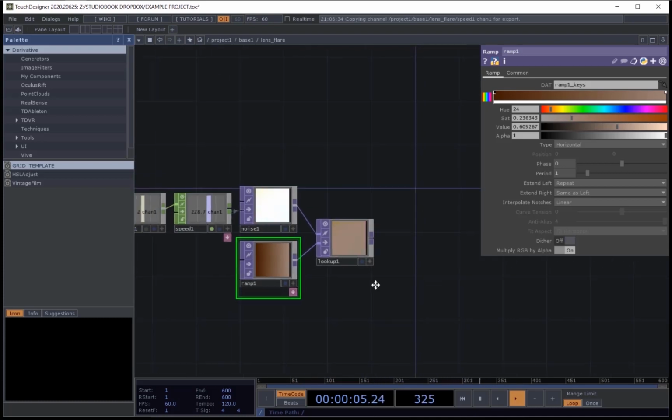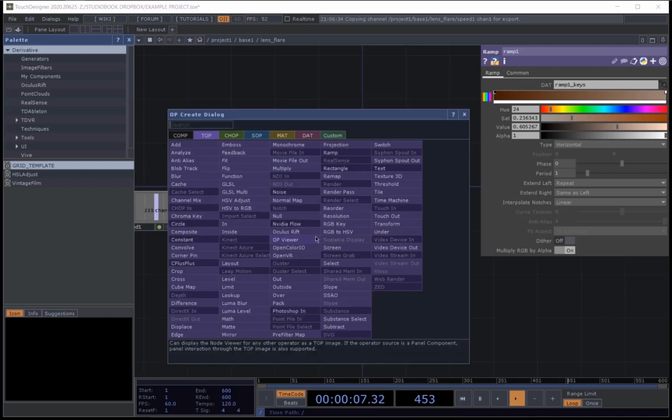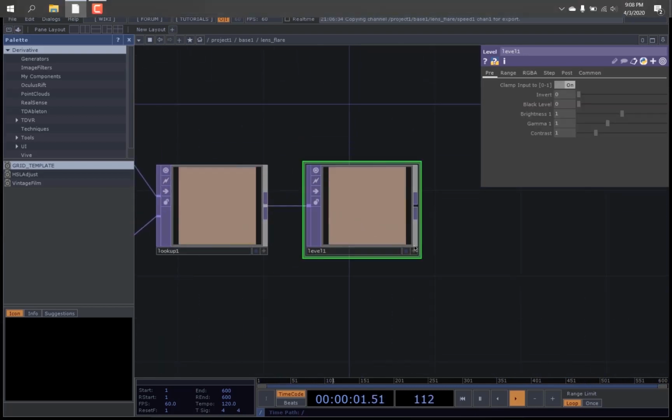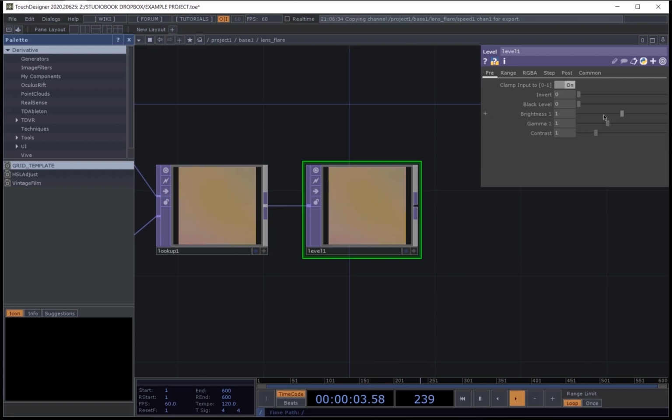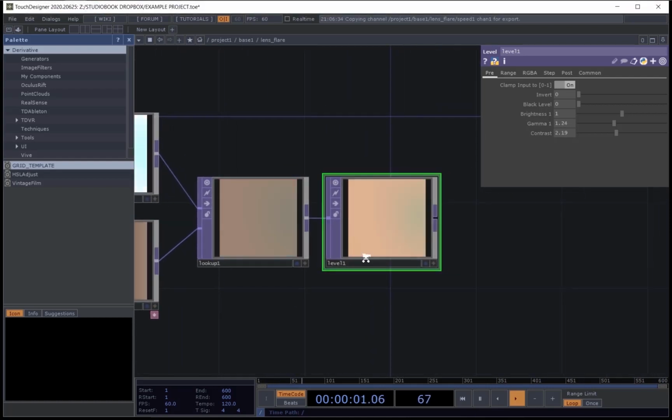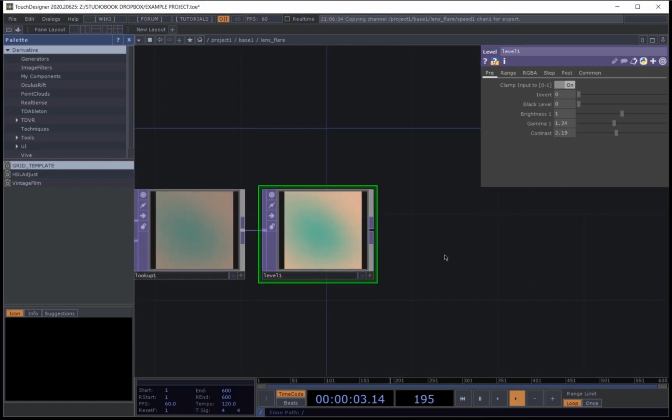So the next thing we're gonna do is add a level. And brightness is going to be 1. Gamma is going to be 1.24. Contrast 2.19. Again, these are very specific parameters. You can obviously change these to how you like, but again, this is just exactly what I was doing